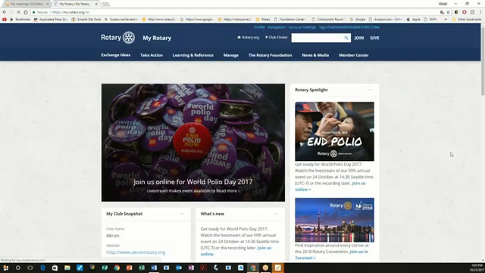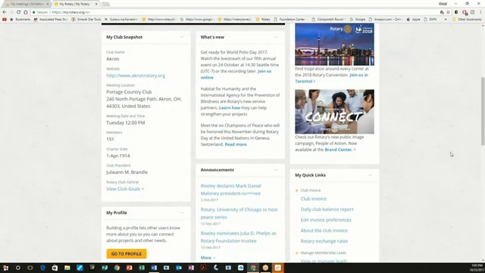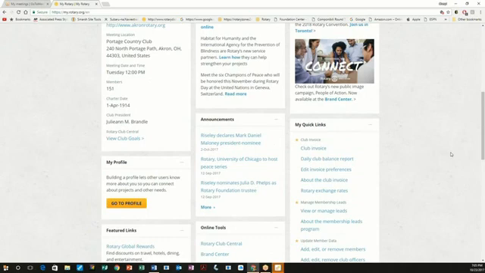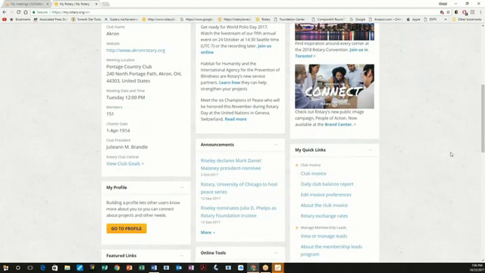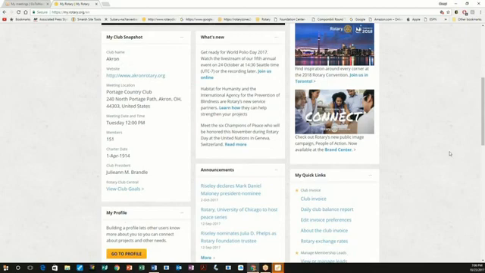When you get to My Rotary, it's going to show you your own snapshot of your club. Now, for the purposes of this evening, because my club is Akron, I'm going to show you my club's data, but the club has no relevance regarding your goals as far as your size or what you do for service projects. Every club is very different, as you all know. So please don't take this as an Akron presentation. It is not that at all. It is simply because that's my club and what you will be seeing today.